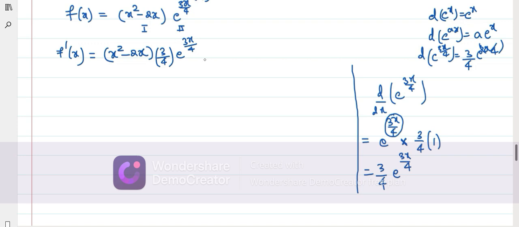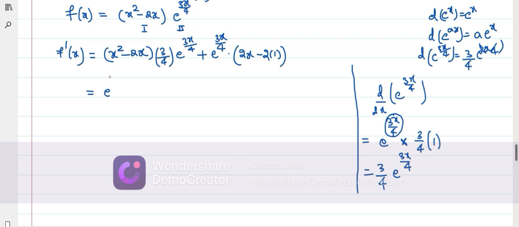Plus second function, it is e power 3x by 4 into, what is the differentiation of x square minus 2x? The differentiation of x square is 2x, minus 2 is constant, the differentiation of x is 1. First function, differentiation of second function. The second function, differentiation of first function. That's it. So this is equal to what? Which is equal to,